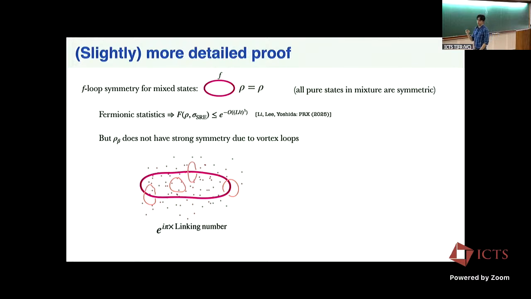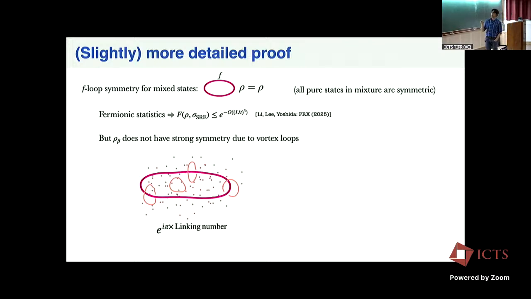Okay, so here is how the argument works in a bit more detail. You can consider a mixed state which has this kind of fermion loop symmetry, that you are multiplying from the left with this closed loop that I showed before, and it leaves the state invariant. So this is an example of what Abhinav described as a strong symmetry. There's this distinction between strong and weak symmetries. So this would be a state that has a strong one-form symmetry under this kind of F-loop symmetry.